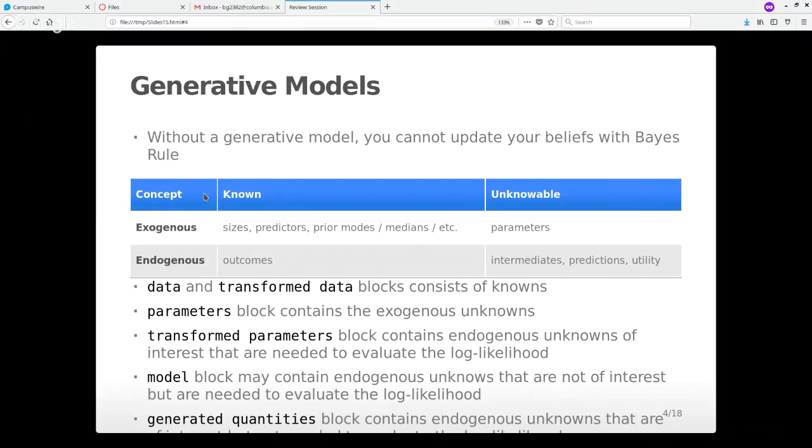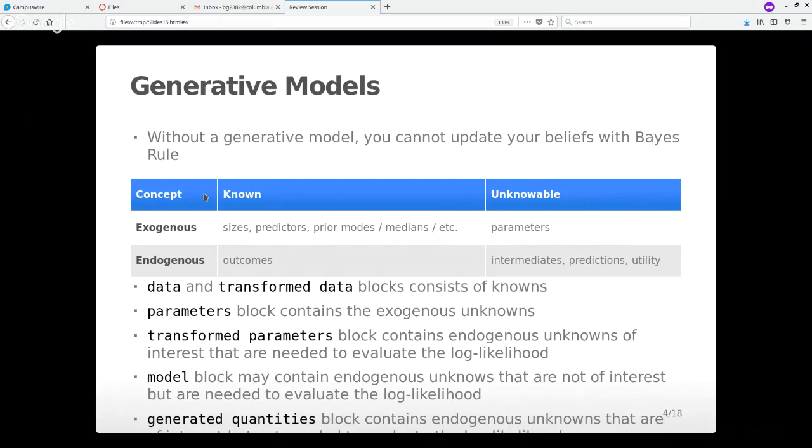Okay. So a lot of what we've been talking about over the course of the semester has revolved around this idea of using or referring to a generative model. And if you don't have a generative model, meaning a model that you can simulate from, you can't really update your beliefs using Bayes' rule or do a lot of the other things that we've done this semester. And so this is a step that people often try to skip and shortcut through. But I think it's worthwhile to plan out the